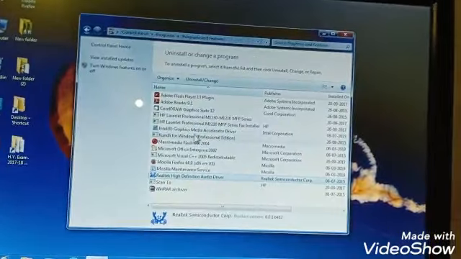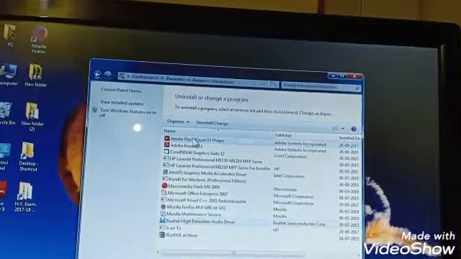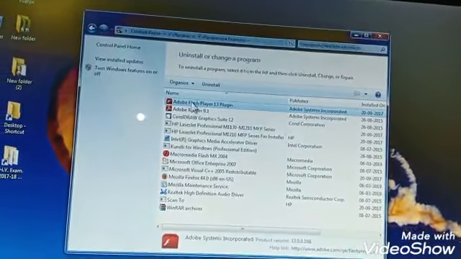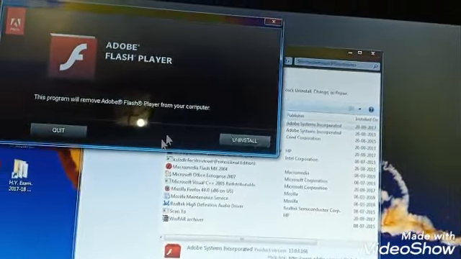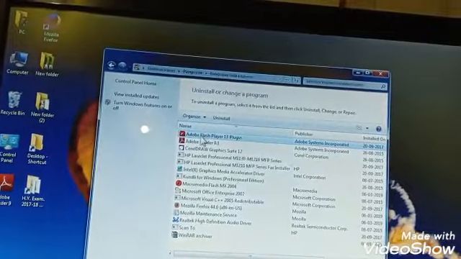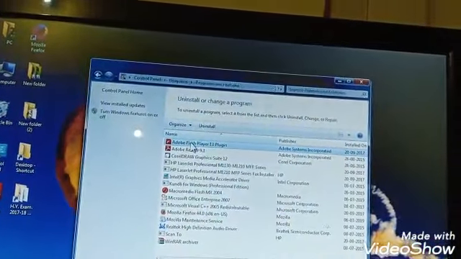Suppose we have to remove this program, Adobe Flash Player. So we have to select the program. We are selecting this program.